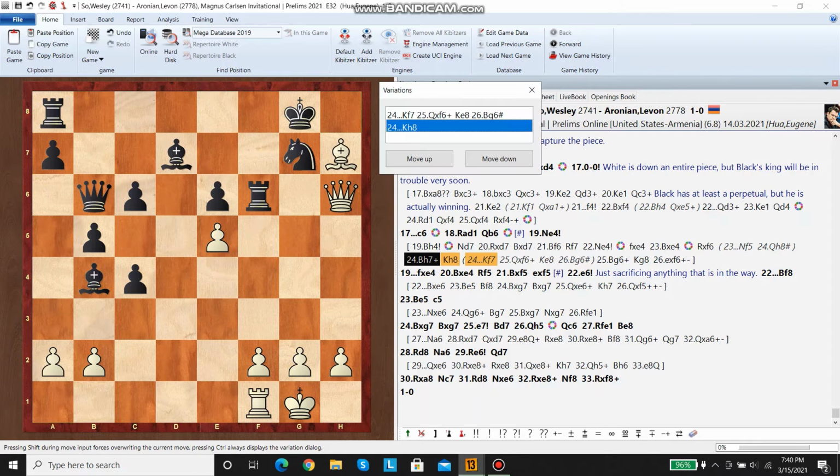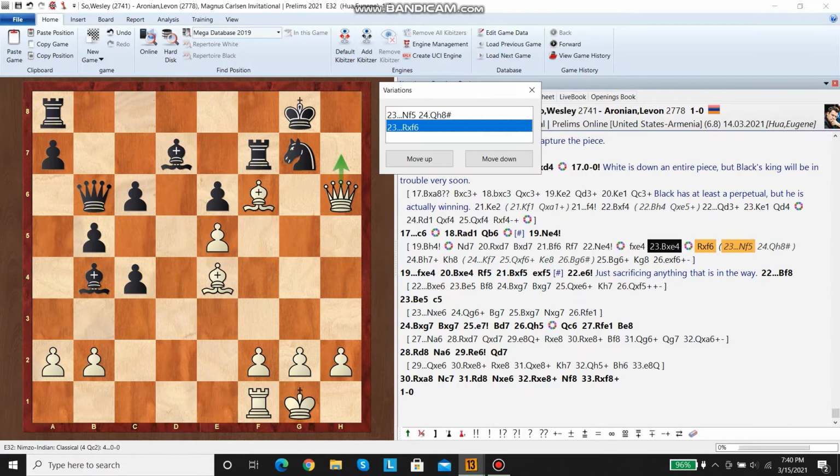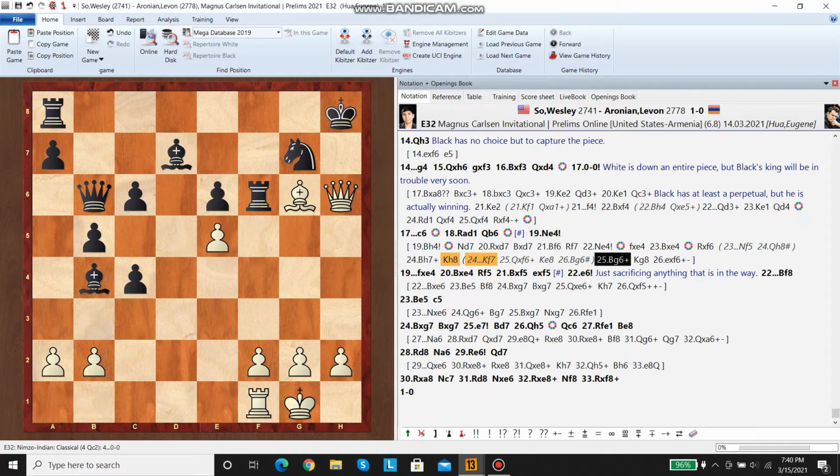So king h8, bishop g6, check, and then now take. So there were other ways to checkmate, but this was the quickest. And yeah, it's gonna be checkmate. Knight moves, then f7 mate. Okay, so